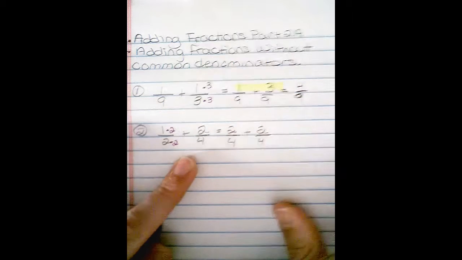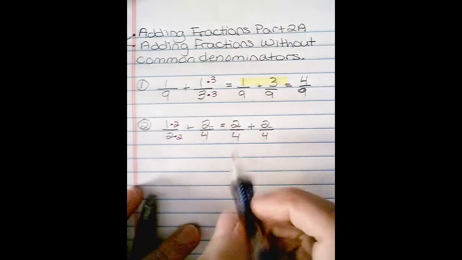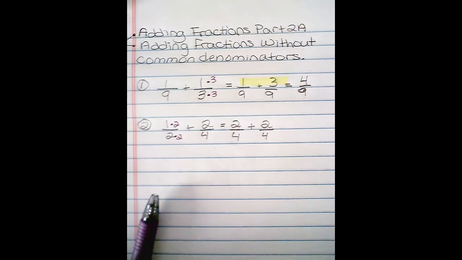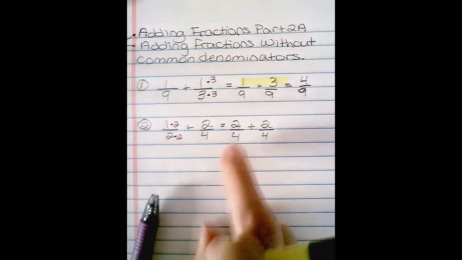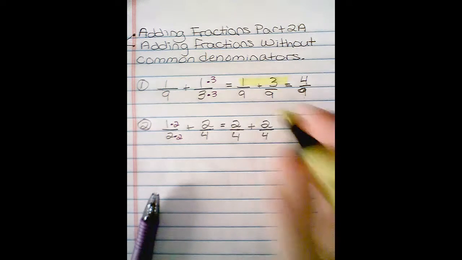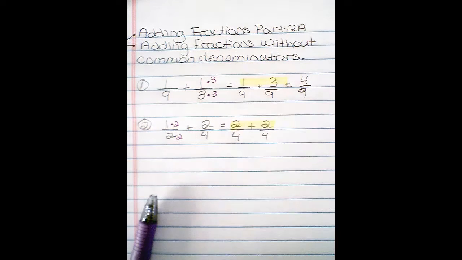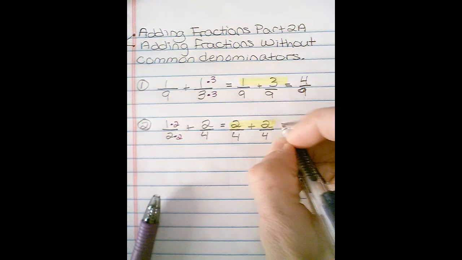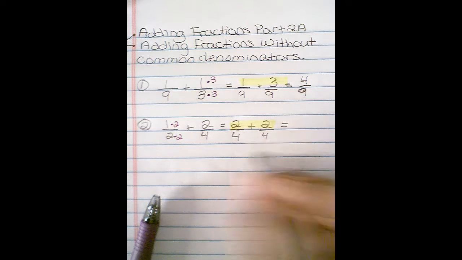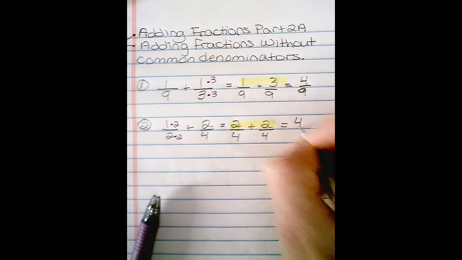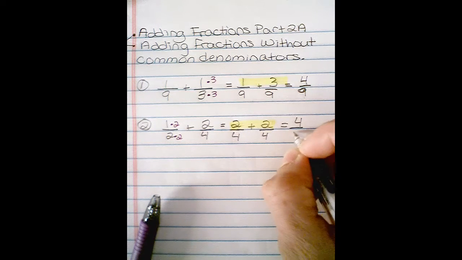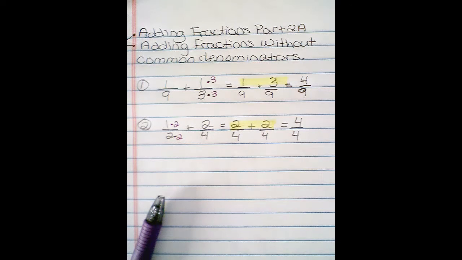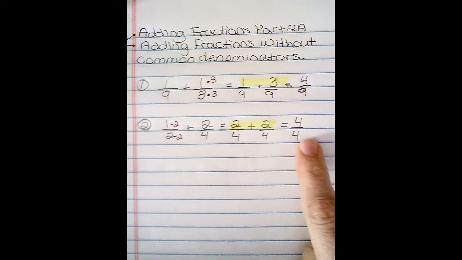Okay, now that I have that, once again, I have my common denominators. Then I go back to the basics. I add across, and I only add the numbers in the numerator. So, once I've done that, I have 2 plus 2 is 4, and I copy here my original denominator. But, hopefully as you notice right now, the question that I always have to ask is, can I simplify this